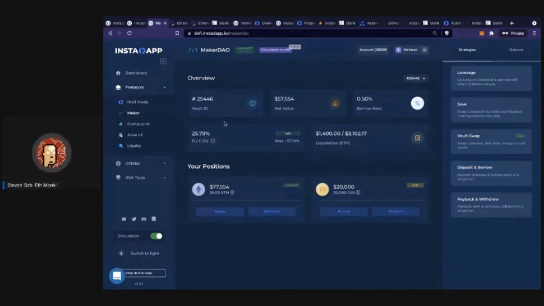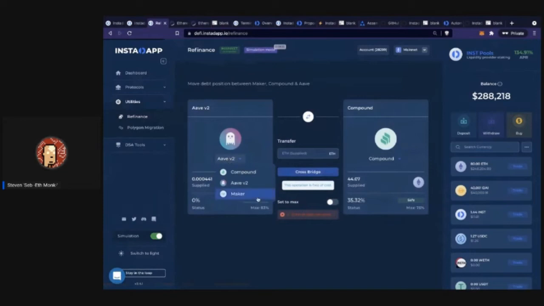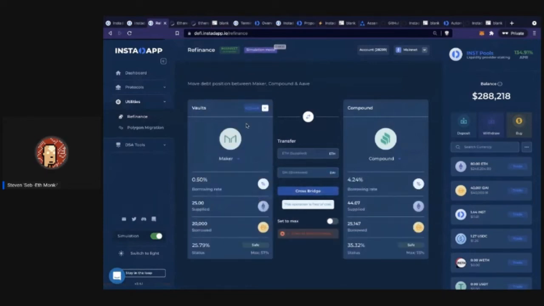And then Maker also does work with our refinancing. So if you go to Maker, you can actually go ahead and refinance your Maker vault. Again, if you want to do Maker changes, you have to use Vault Swap. But you could go from Maker to Compound, you can go from Maker to Aave, or you can consolidate. Like if you wanted to just say, hey, I want all the debt over on this side, you could do that. Let me go through a few more things on here.